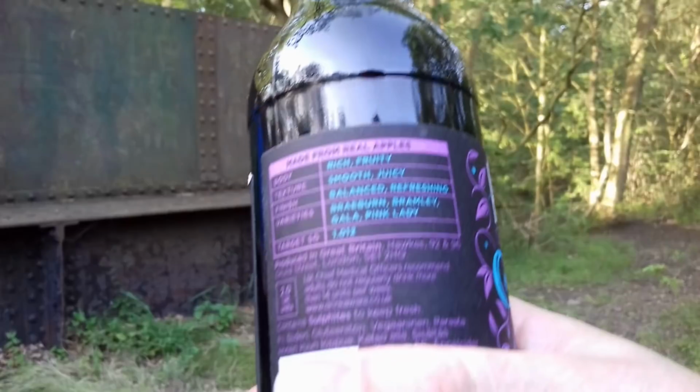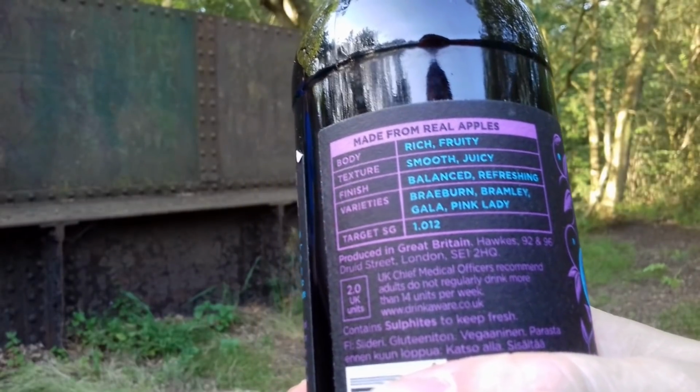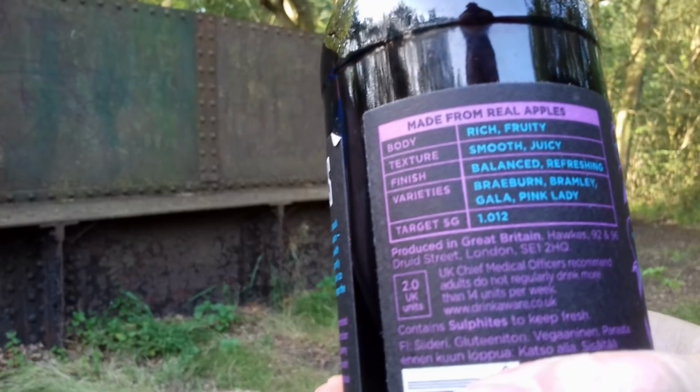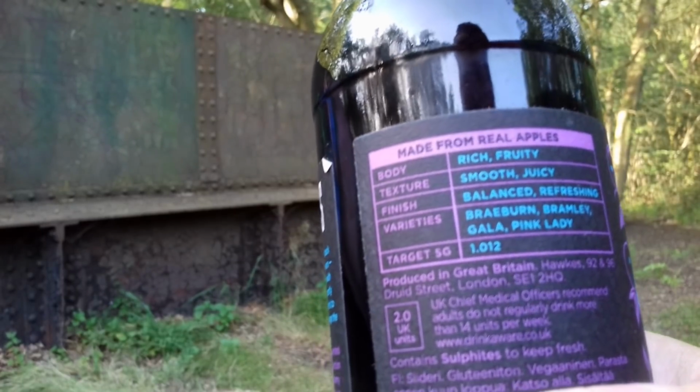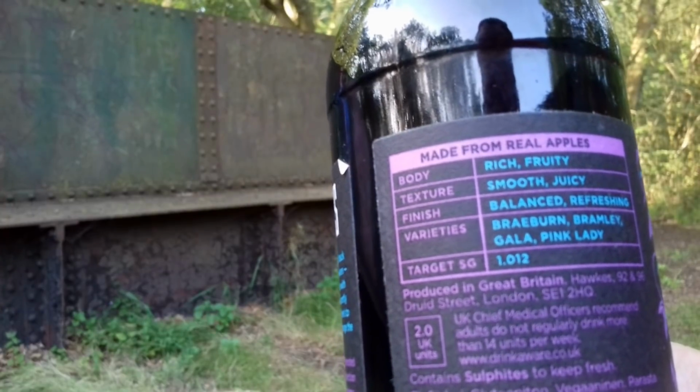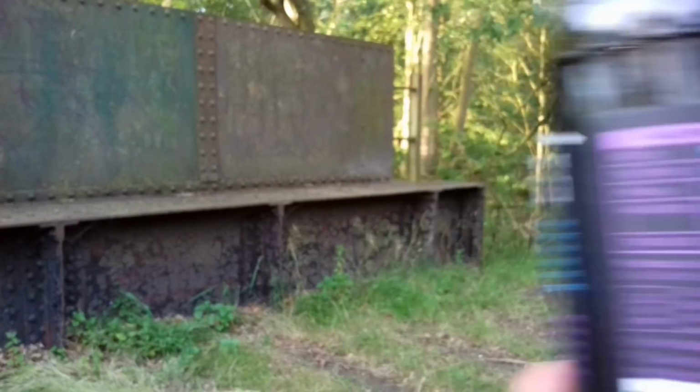We've got a little description on it here. Body, rich and fruity. Texture, smooth and juicy. Finish, balanced, refreshing. Varieties, Braeburn, Bramley, Gala, Pink Lady. Nice. Okay, so while I'm tucking into this delicious Hawke's Dead and Buried cider, I thought I'd share a little